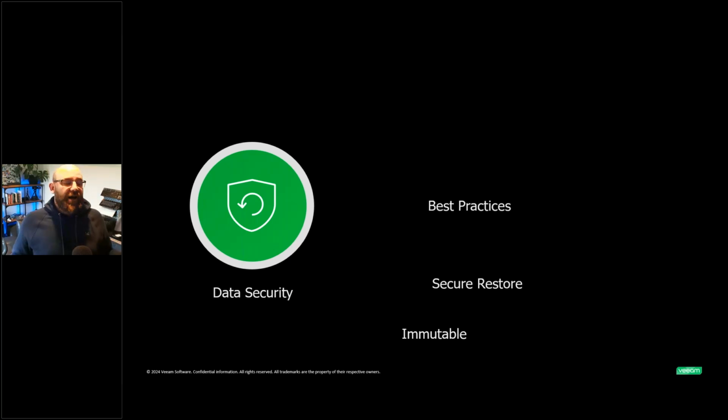We provide best practice. Our documentation, and I'm going to be biased here, but I still think the Veeam documentation across the board is one of the best in the industry. We're integrating into YARA so you're scanning your backup data to understand what's in it, if there's anything malicious in it, and integration.